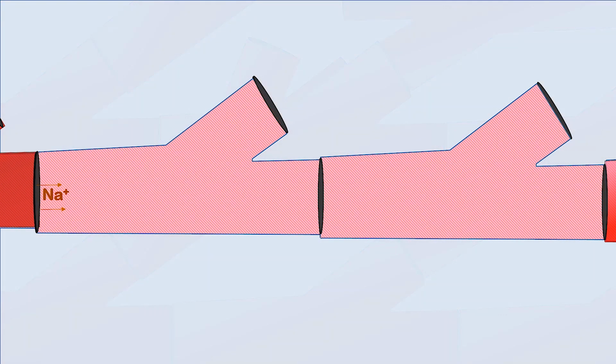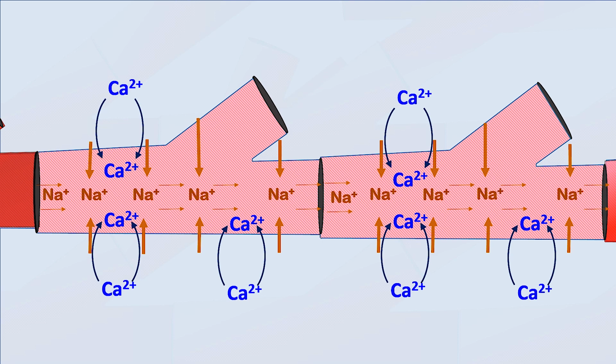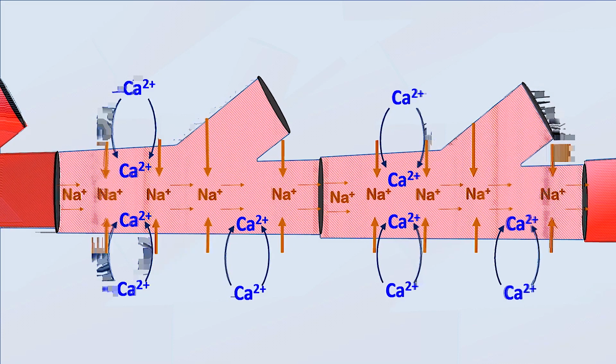So where does this depolarization come from? It comes from the addition of sodiums from the next cell that comes in via the intercalated discs and the gap junctions on them. So if we have a couple cells, we can see the influx of sodium leading to a depolarization. That depolarization will spread from one cell to the next through those intercalated discs. We then have the opening of the calcium voltage-gated channels, allowing for contraction